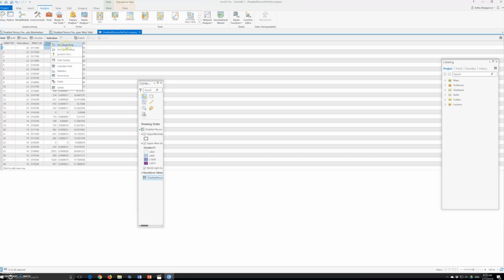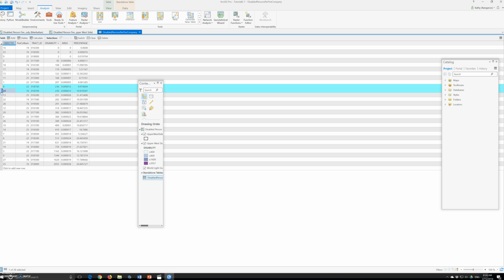Disability, we will do ascending, and we will scroll to select tracts 10700, 1018700, and those are right here. Okay, one, and let me hit Control 2. Okay, these two,